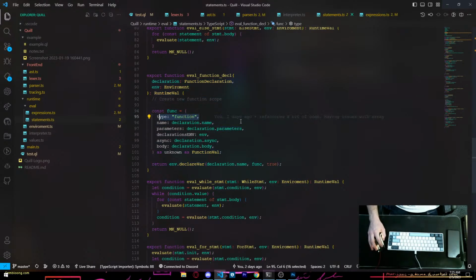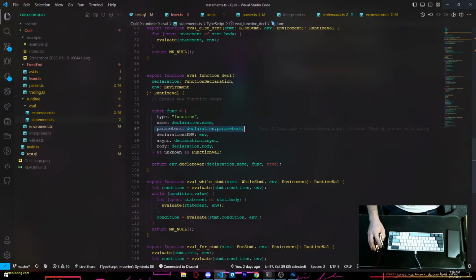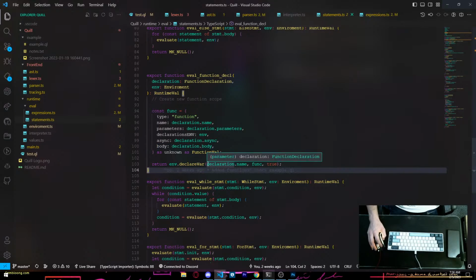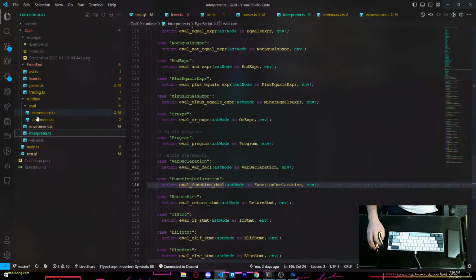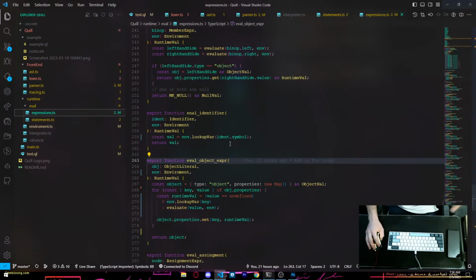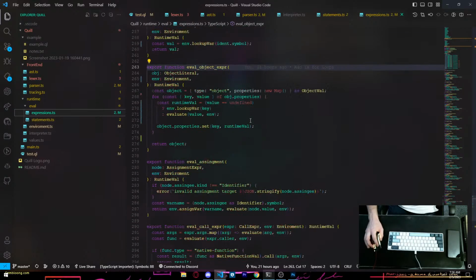We're giving it a type of function. We're saying that the name is equal to the declaration.name, so whatever you're giving as the name of it. And then we have our parameters. We're setting the parameters, the environment, async, and same with the body. And then all we do is return the variable name and the function, and return true. There's a bit more to it, more behind the scenes. This is just basically expressions. It does the same thing, but just for expressions. So what's the expression we have in here? Really none, actually. Ooh, that's not good.